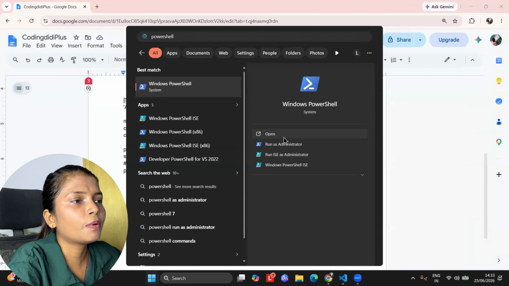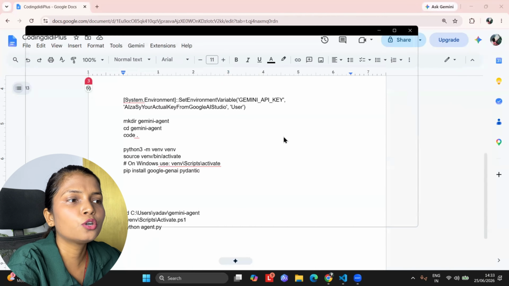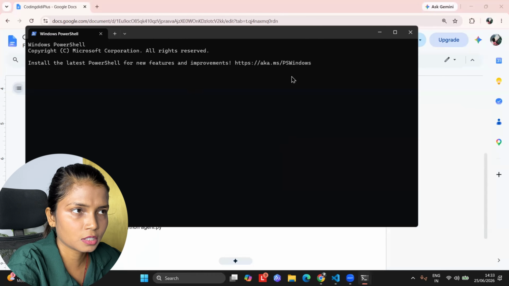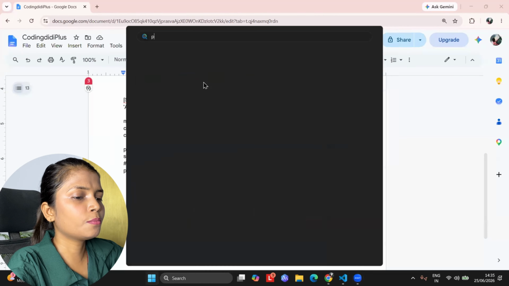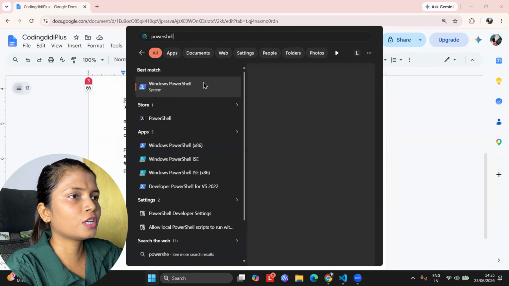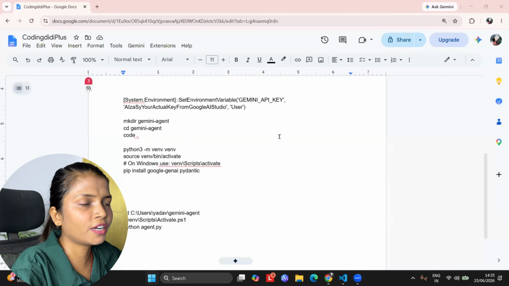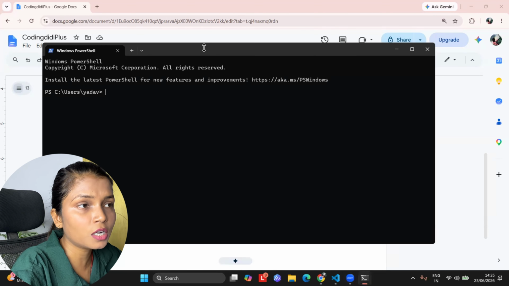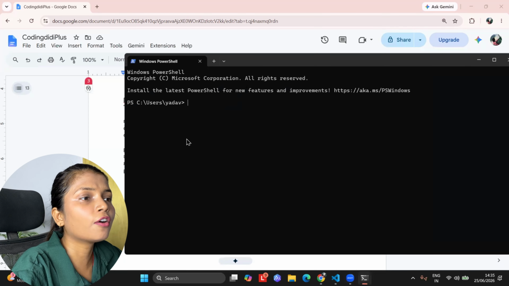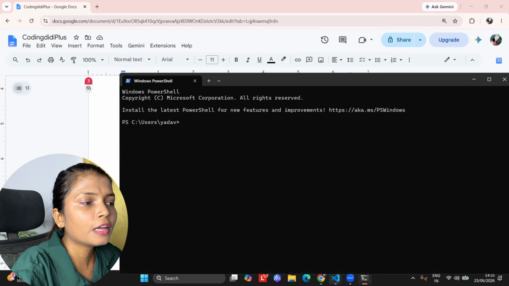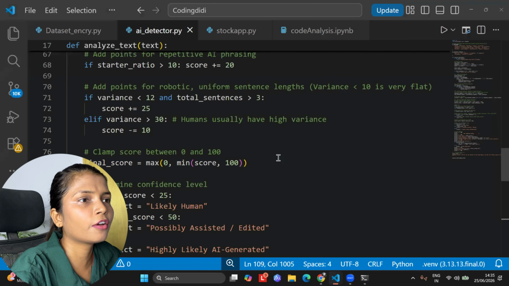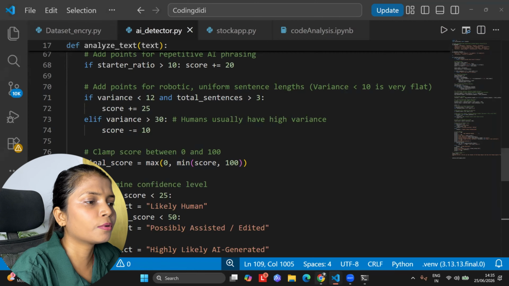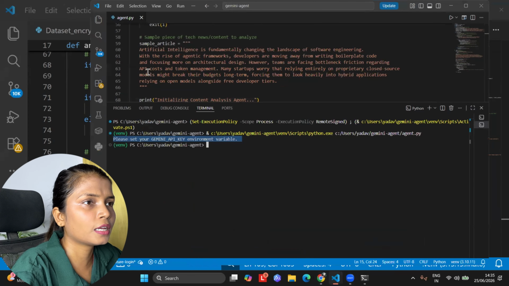Once you open the PowerShell, you have to directly write the command to run the file via this PowerShell. You simply go and search for the PowerShell or the terminal wherever you have defined that environment variable. No matter if you have closed it, you have to open a fresh one. Once you are there, you have to define the path of the file, the folder where your file exists. So I have created this project, which is this AI agent.